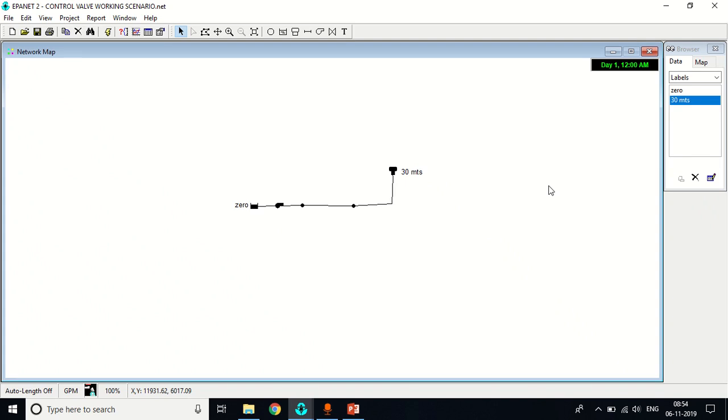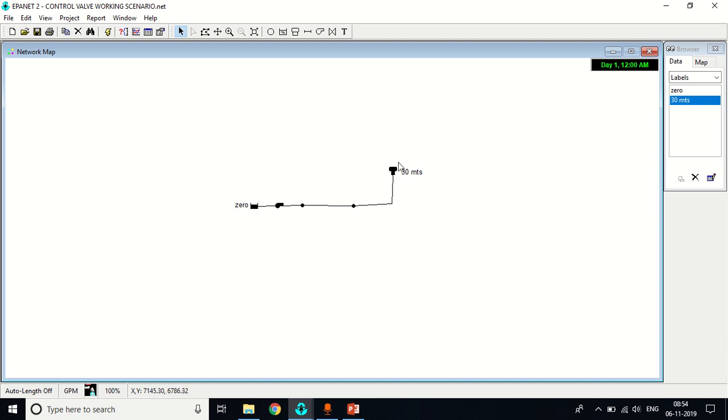Hello everyone. Today we are going to see about the links, as discussed in the previous lectures about nodes, emitters, extended period simulation, graphical representation. So today we are focusing on links. In this lecture for this particular tutorial I have created a quick and short network where the source has